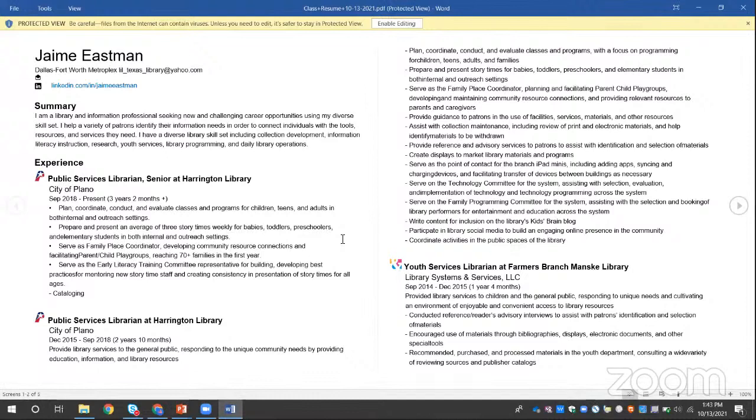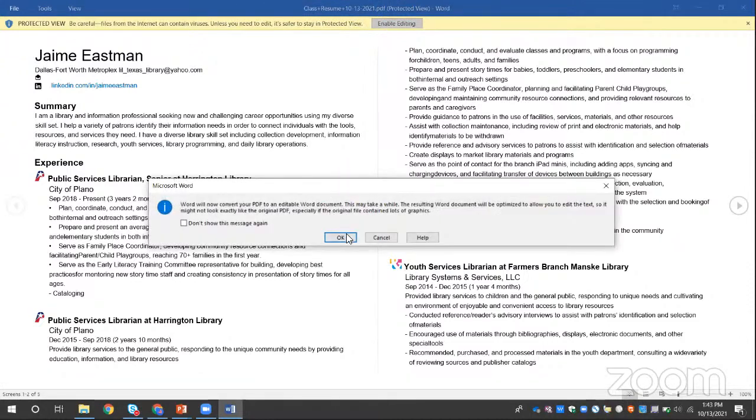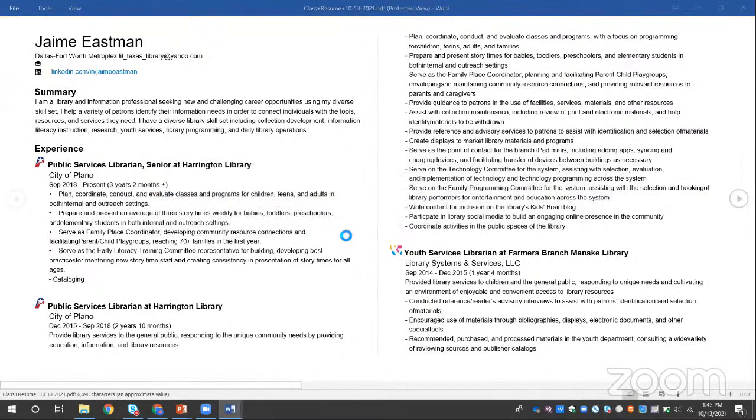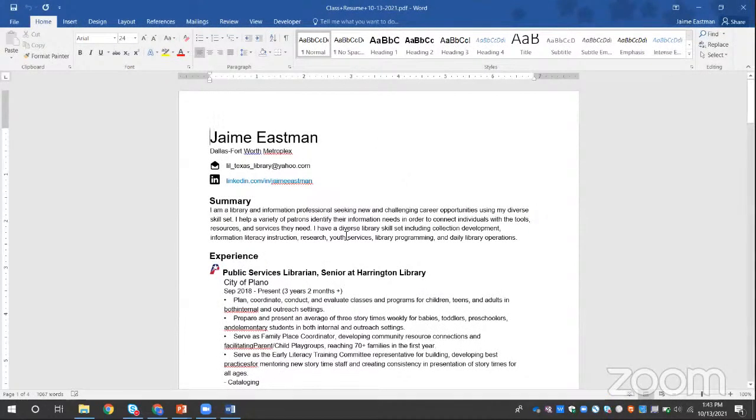And that will start the file conversion process. You will most likely notice that your file opens in protected view, and you'll need to click Enable Editing and reconfirm to be able to make those changes. And now I can actually type and make changes in the document. Now you will notice that this isn't perfect. Some of my words may run together. My formatting might get lost.